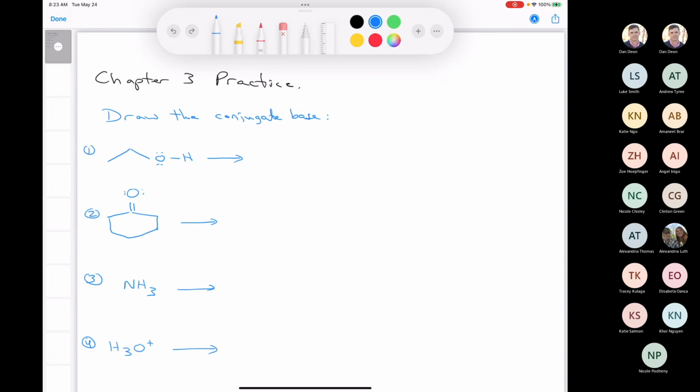So we'll put here, conjugate base results from loss of H+. Because you have an acid, for example, let's say you have HA. When it donates a proton, you end up with the conjugate base. So could anybody describe to me in question 1 which would be the most acidic proton, where I would locate that most acidic proton